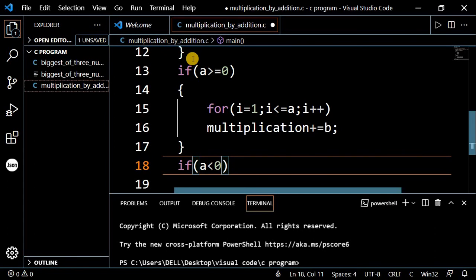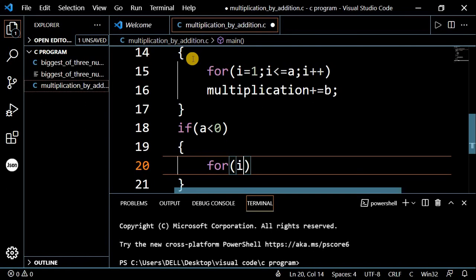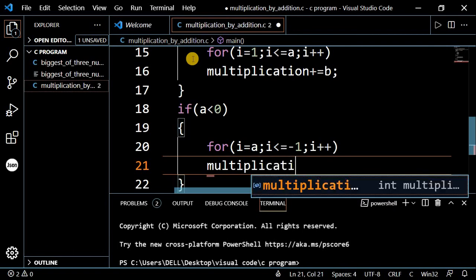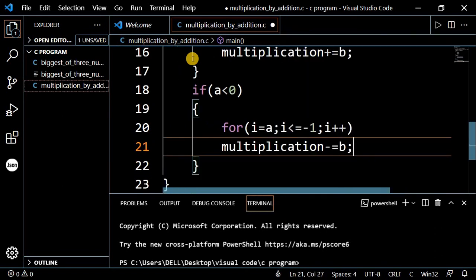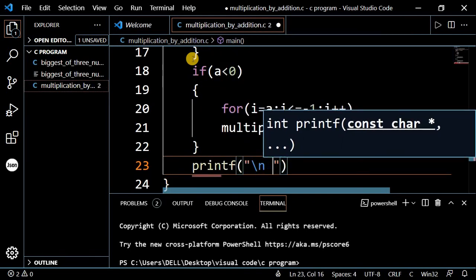if a is less than 0, then right here we'll use a loop for i = a and i <= -1 and i++, and now inside this loop we'll write here multiplication minus equal b, and outside of the loop we'll use a printf statement, which is